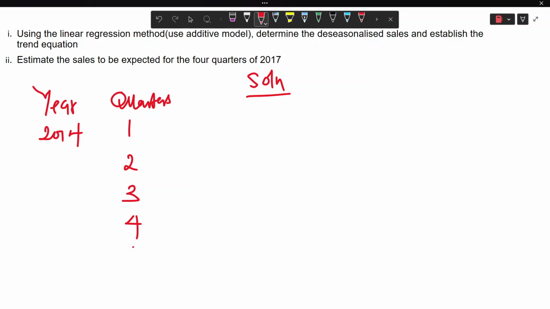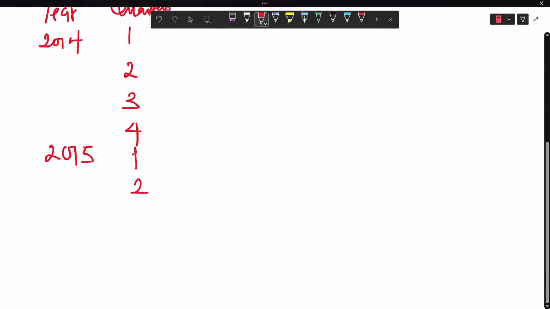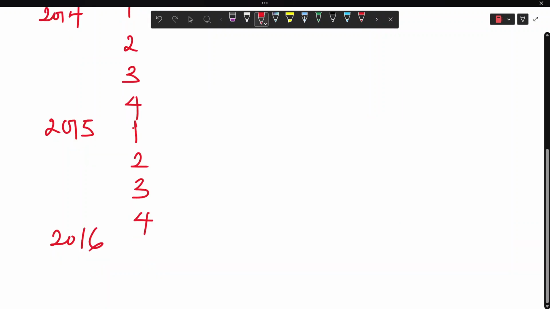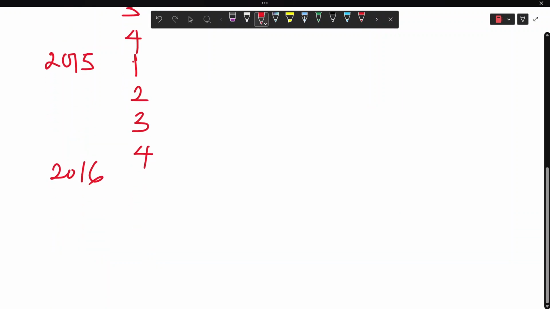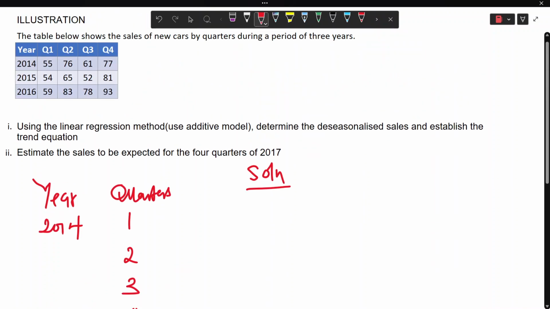Then for 2015 we have quarter 1, 2, 3, and 4. And 2016 we have quarter 1, 2, 3, and 4. Then we have our sales. So let's say our sales values are Y,